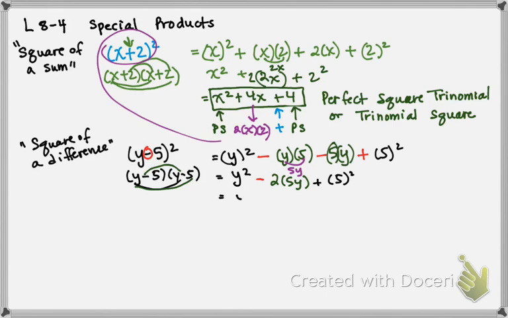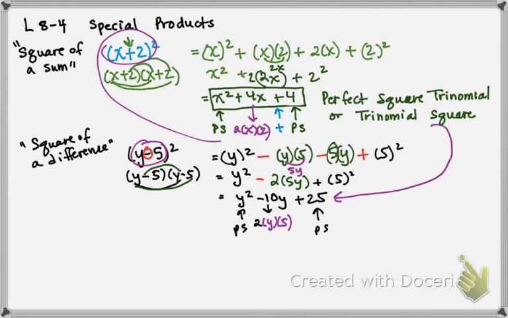So when I do the math out, I get y squared minus 10y plus 25. So again, perfect square, and this guy is going to be double the two numbers that were inside there. So we have 2, and we have a y, and we have a 5, and then again we'll have the sign. So that's kind of the pattern that we're going to see. Okay, so both of these are considered perfect square trinomial